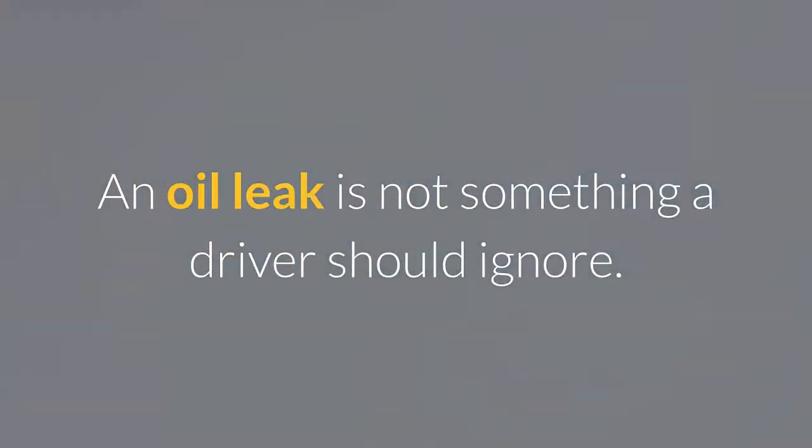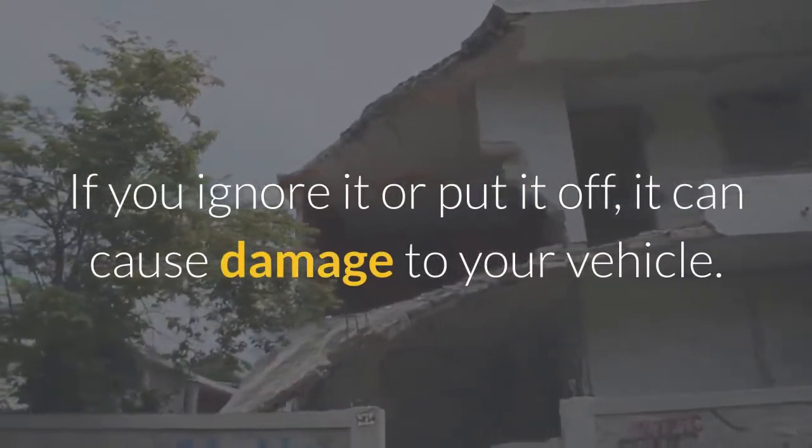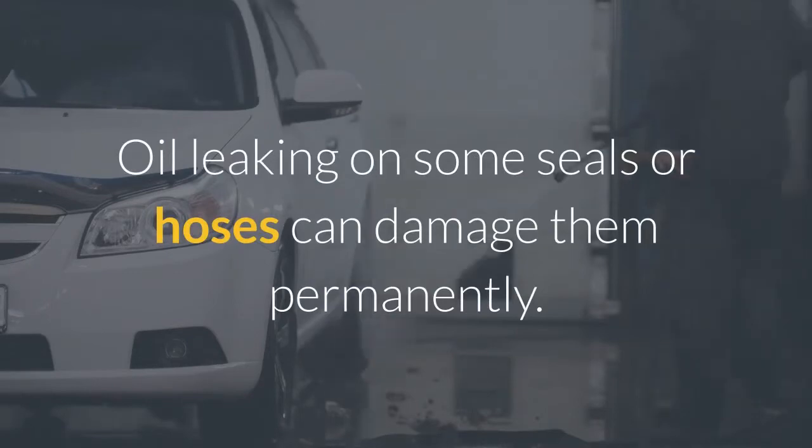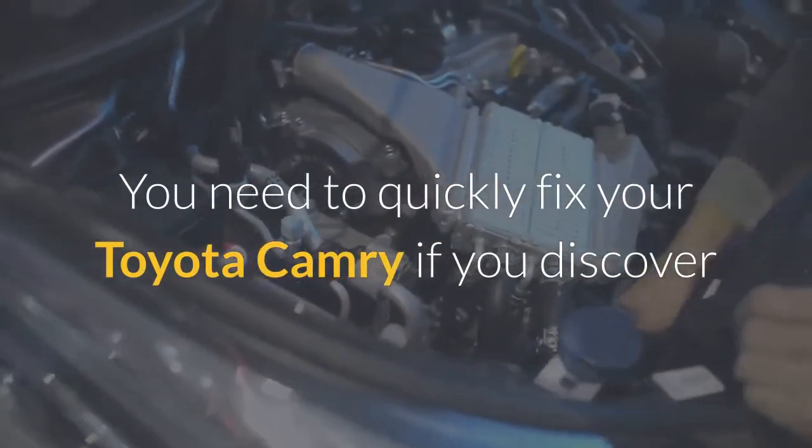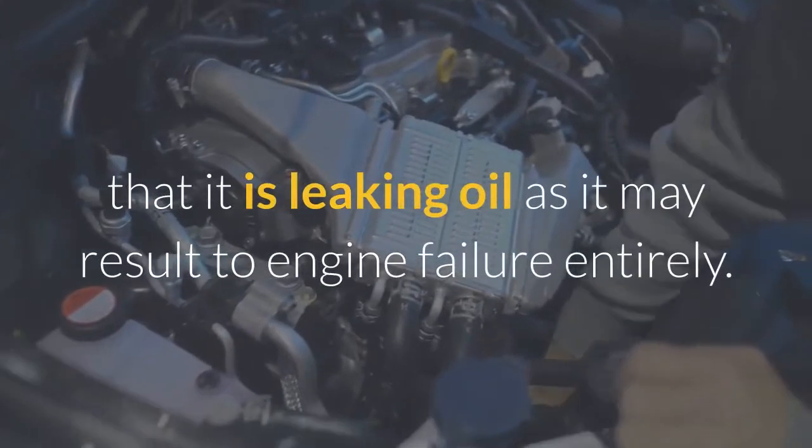An oil leak is not something a driver should ignore. If you ignore it or put it off, it can cause damage to your vehicle. Oil leaking on some seals or hoses can damage them permanently. It can also mess up your driveway or garage by staining the floor. You need to quickly fix your Toyota Camry if you discover that it is leaking oil, as it may result